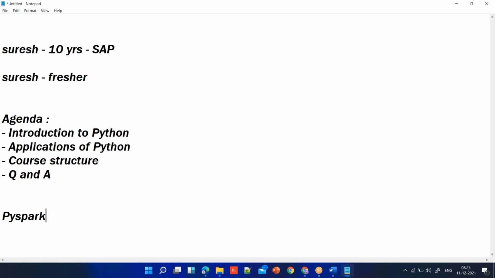Earlier people used to call the same data engineer role by different names, like ETL developer or Hadoop developer or Spark developer. There are different names for the same role. Now it is called data engineer. That is the modern term we use. This is the reason a lot of people are showing interest in learning Python.